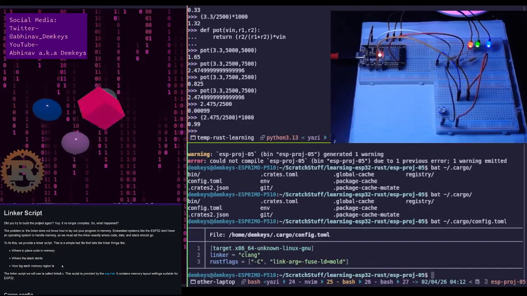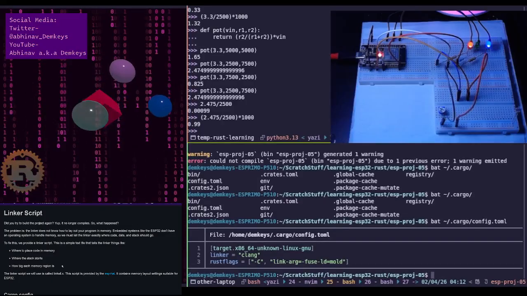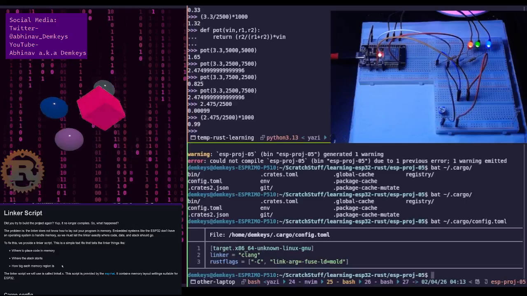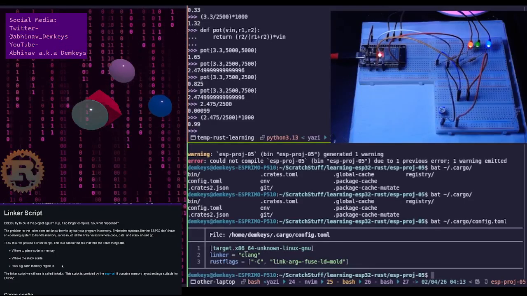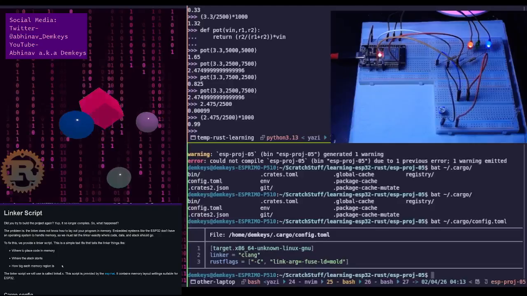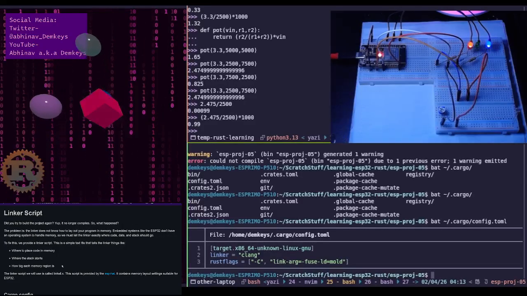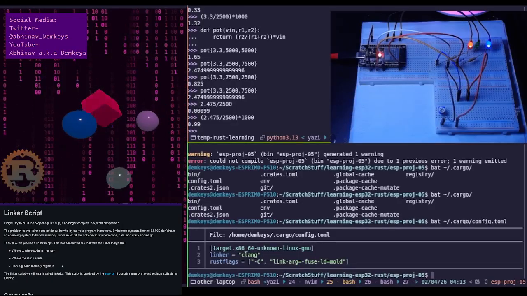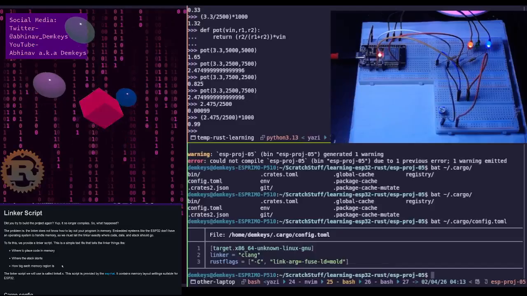Okay. The problem is the linker does not know how to lay out your program in memory. Embedded systems like the ESP32 don't have an operating system to handle memory, so we must tell the linker exactly where code, data, and stack should go. To fix this,